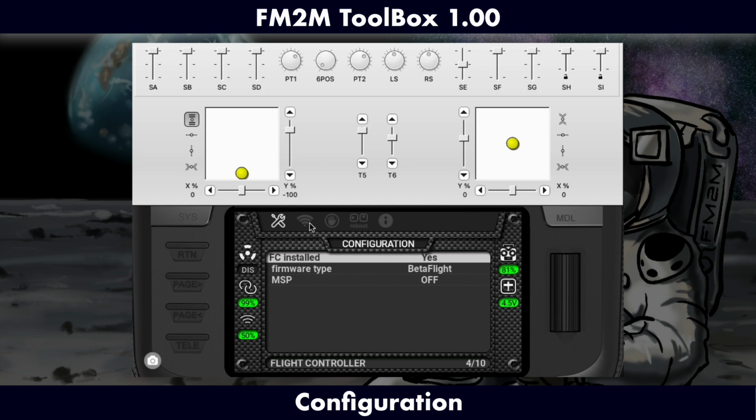You can see now we have additional modules connected with the flight controller, like arm stops, sticks, and commands, and you can choose what kind of firmware type you've got installed. So of course Betaflight, iNav too. Let's stay with Betaflight, and the last option is MSP. This is a protocol that allows to read data from the flight controller. So let's put it on,